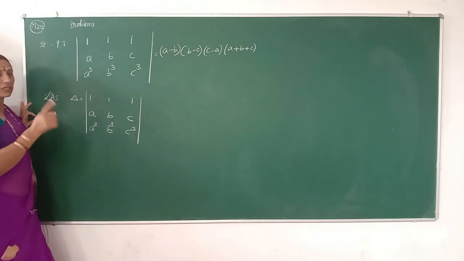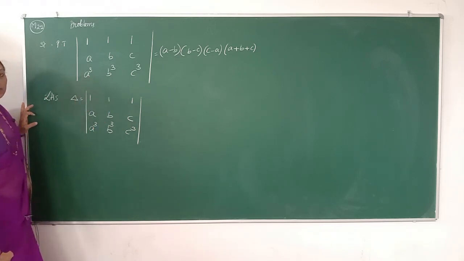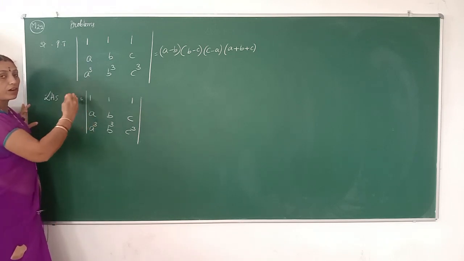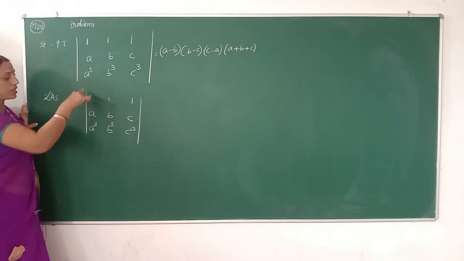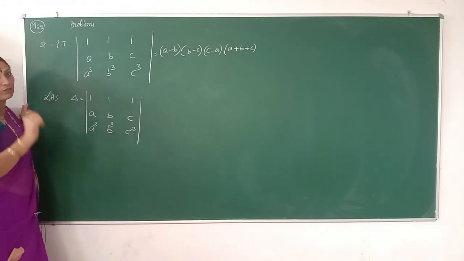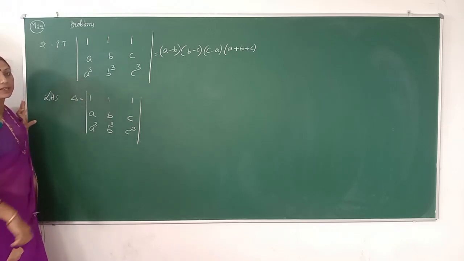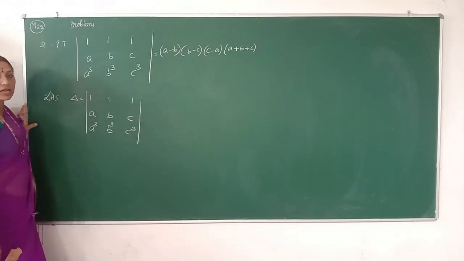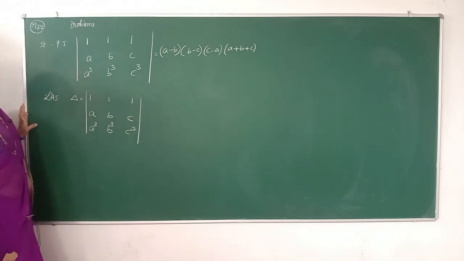After that, we will come to the elements 1, 1, 1. Now, 1, 1, 1 are the elements of the first row. Therefore, we operate column-wise. In the previous problems, the elements 1, 1, 1 were represented column-wise, so we operated in row formation. But in this case, these elements are represented row-wise. Therefore, we will operate in column form.